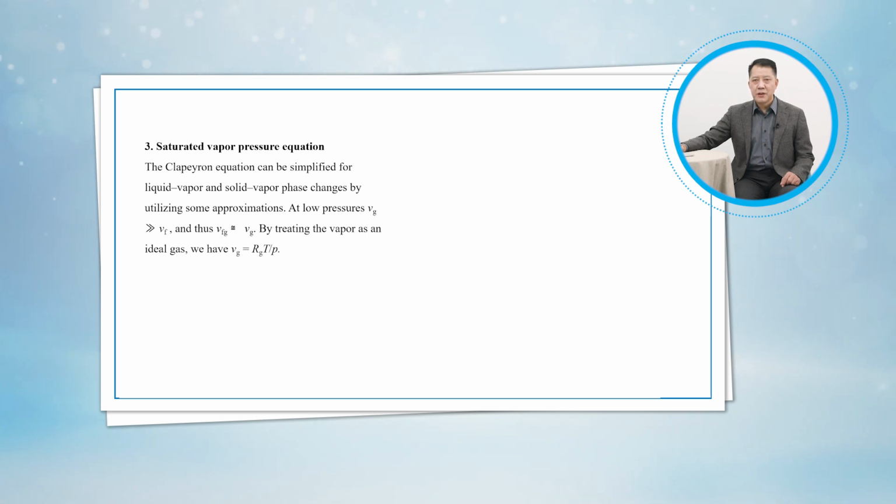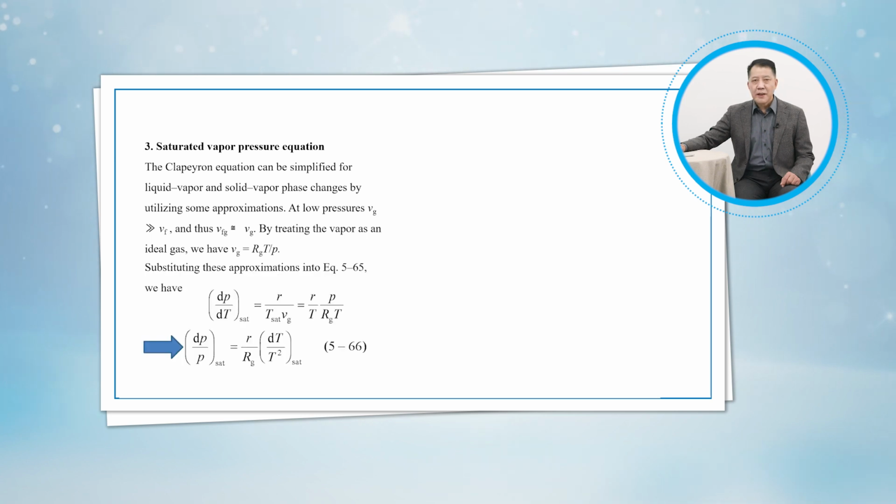At low pressures, we have specific volume of vapor much larger than that of liquid, and thus the volume difference of vapor and liquid is very close to the volume of vapor. By treating the vapor as an ideal gas, we have this relation. Substituting these approximations into equation 565, we have equation